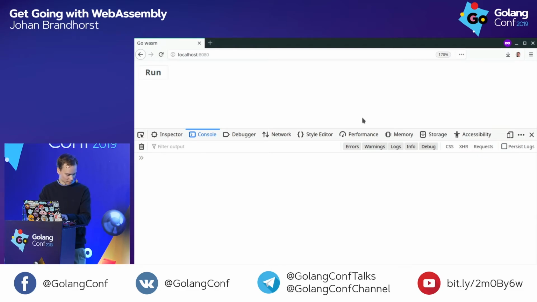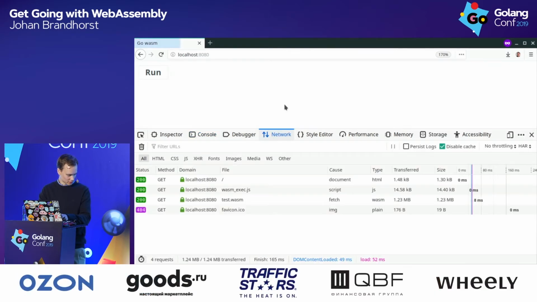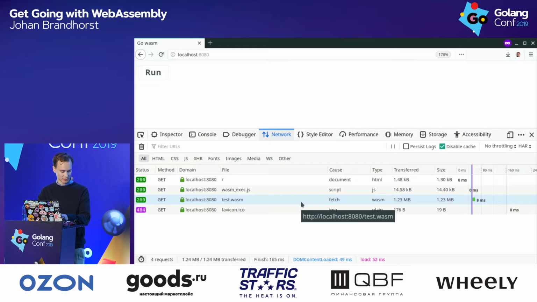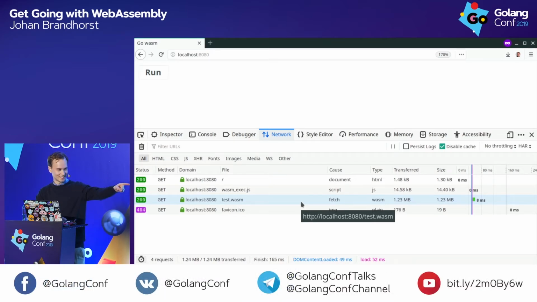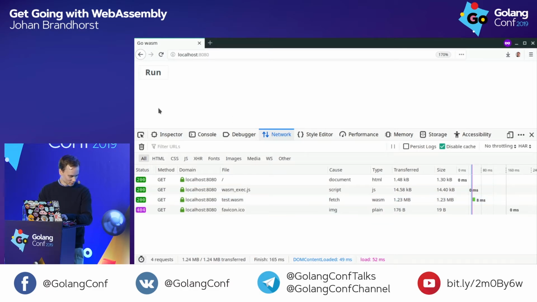OK, so you've got the page here. Let's see what the size of this file is. So this file is actually 1.23 megabytes. And can anyone tell me why this is almost half the size? There's no fmt. He's been listening. Very good. fmt adds about a megabyte to your file size at the moment. It's not great. OK, so if we run this,